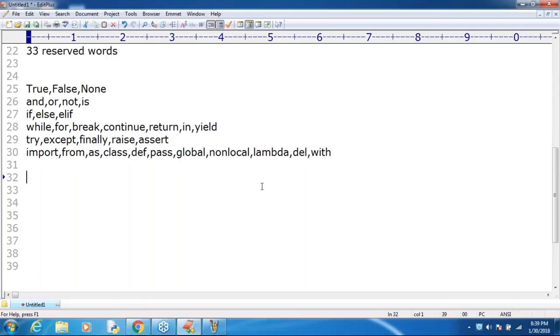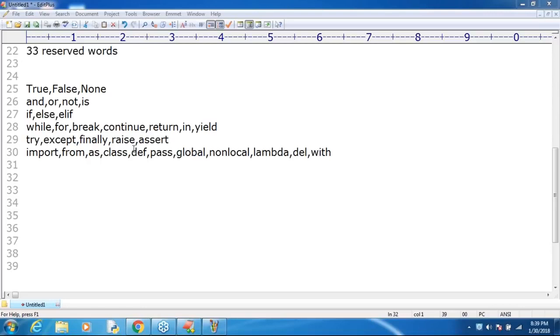Next, what was lambda? Lambda means anonymous functions. Sometimes we can declare a function without a name. Such a terminology is nothing but an anonymous function. Anonymous functions we can define by using the lambda keyword. Yes, the throw keyword we can use for customized exceptions. That throw keyword is the raise keyword we are going to use in Python. Okay, clear, right? Any doubts still?